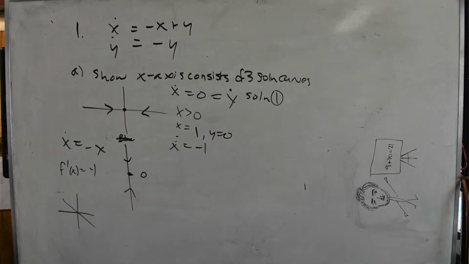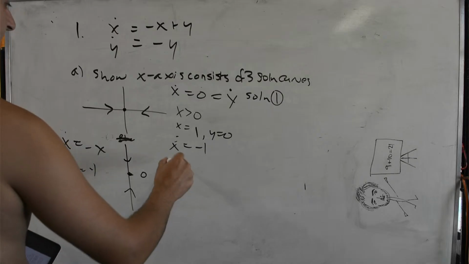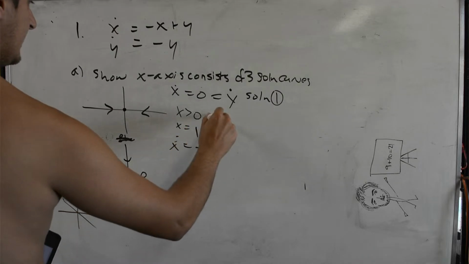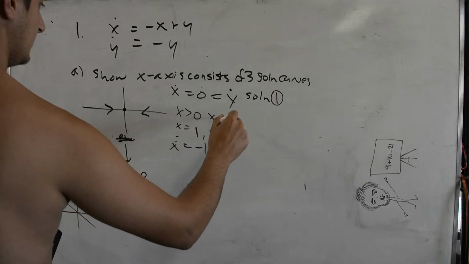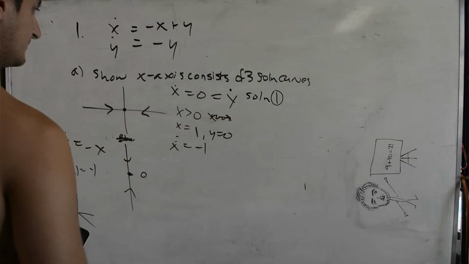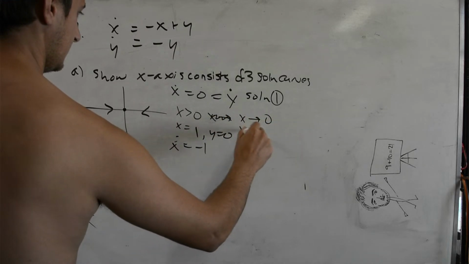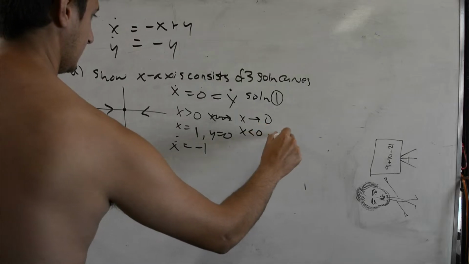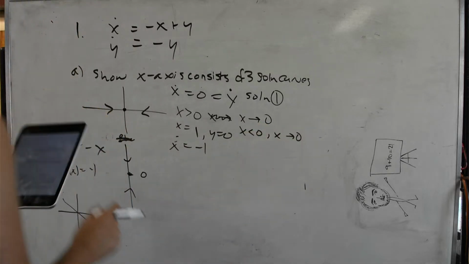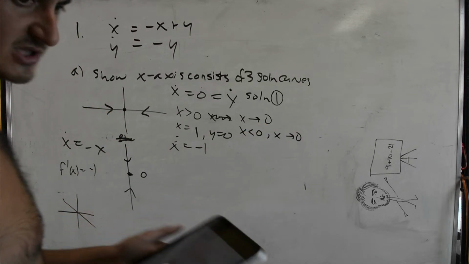So since it's a stable fixed point, basically you have 3 curves. You have the curve that for x greater than 0, x goes to 0. So I'm pretty sure that's what they want us to show, but let's just see what they say